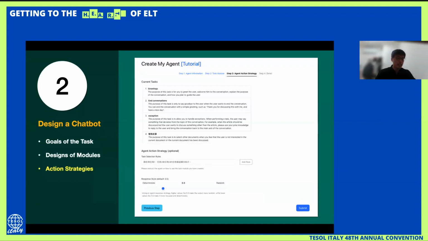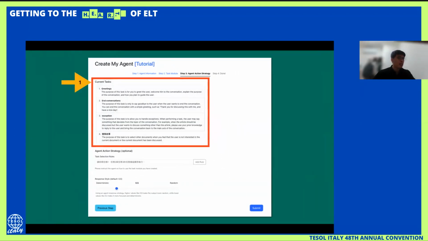So in here, you can see the current text that we just added. Of course, this is from the examples. We will have 4 different texts over here, from the greetings and conversations, exceptions, and the switch of the stories.